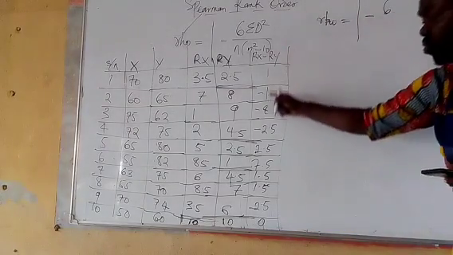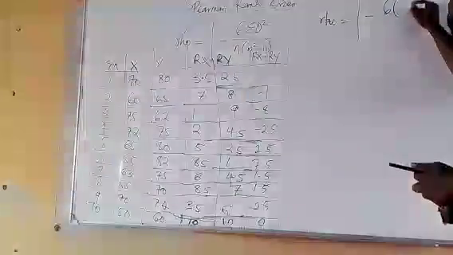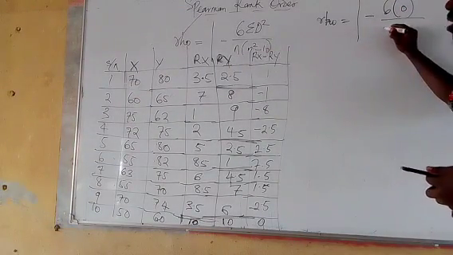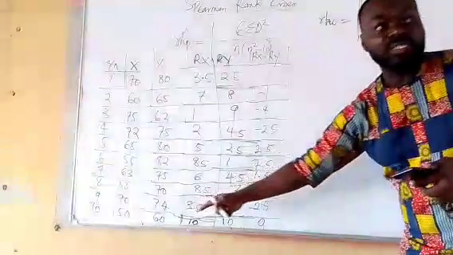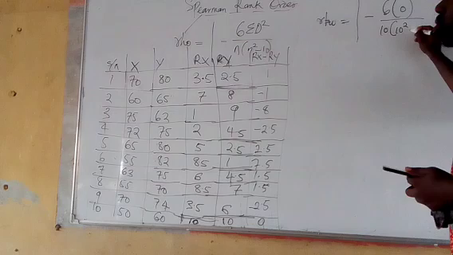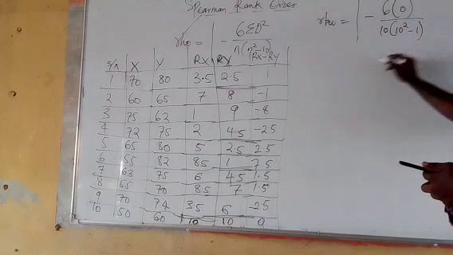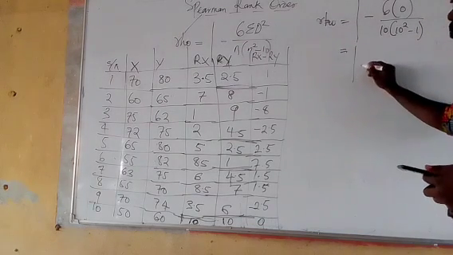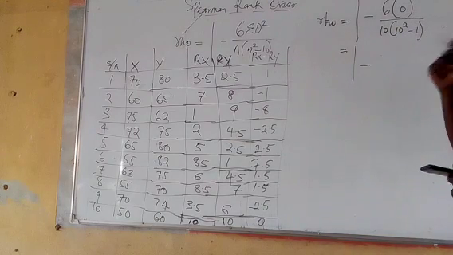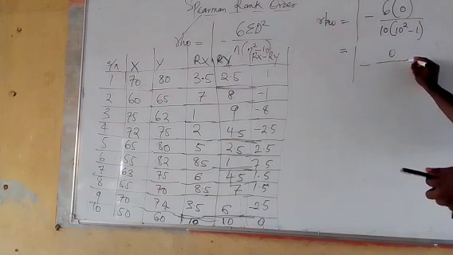6. What is our summation d square? 0. So in bracket 0, all over, we have n. What is n? The n is the number of students that are involved in the research. We have 10, bracket open, 10 raised to the power 2 minus 1. We close it. We keep on going. We bring the 1, go back. 6 multiplied by 0 is what? Is 0. So we have 0 all over